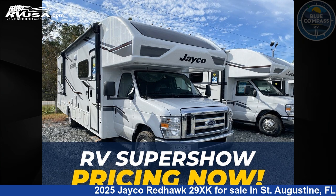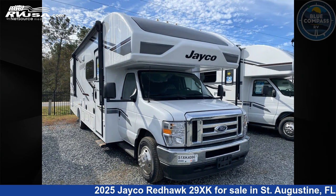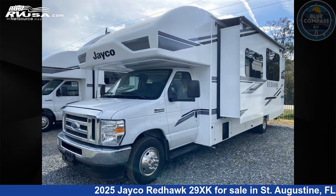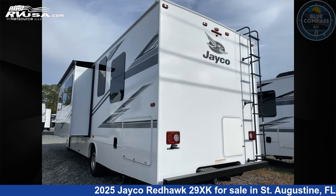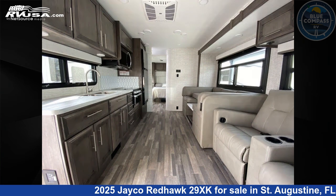This 2025 Jayco Redhawk 29XK is a Class C RV. It is located in St. Augustine, FL 32086 and is offered for sale by Blue Compass RV St. Augustine. Click the link in the video description to visit RVUSA.com and see more photos as well as the current